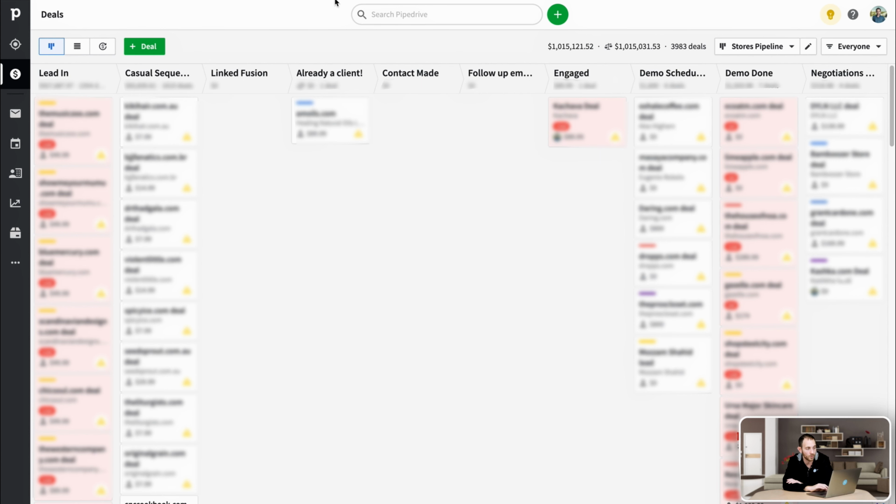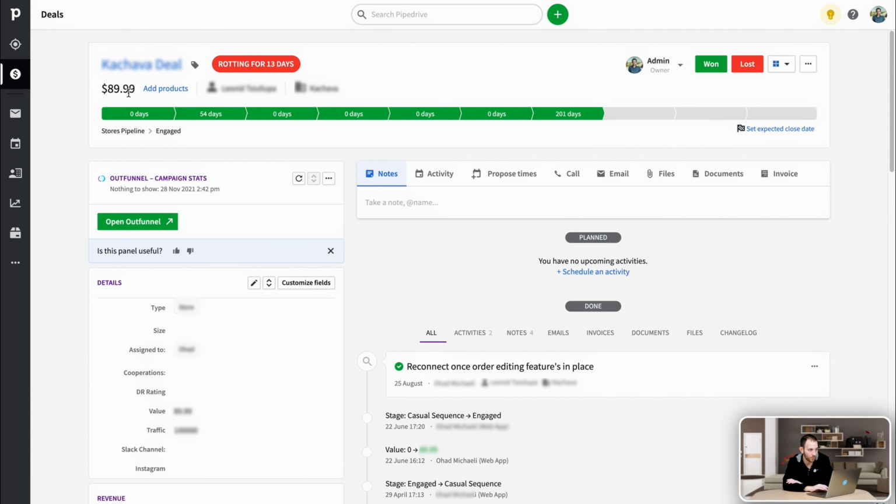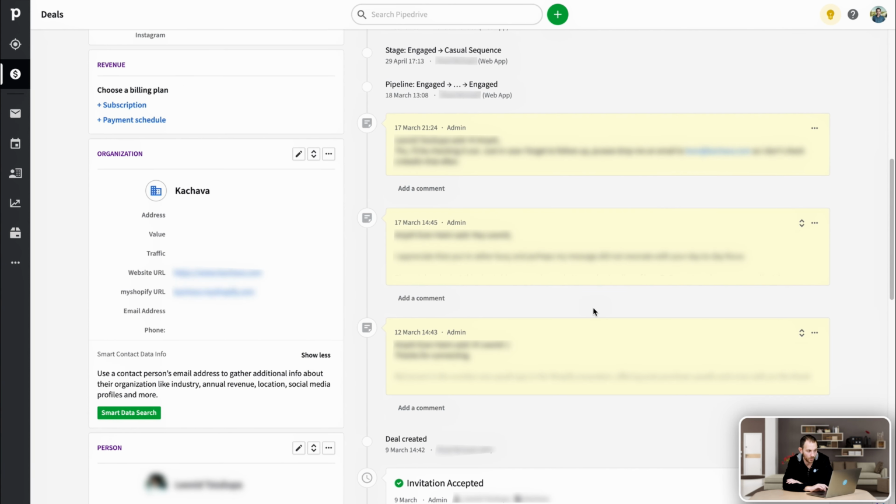Now, the integration between Snov and Pipedrive is basically sending all the leads from Snovio into the pipeline, and obviously if they take any action, open any email, click an email, it's going to be mentioned in here, as well as if they replied to the email. So this is great. Take this engaged customer as an example. We can see that this deal is about $90 a month, and there have already been some activities here. I can see that our sales agent went through this and they had some email exchange, and I see that